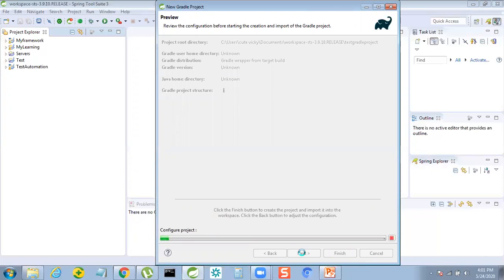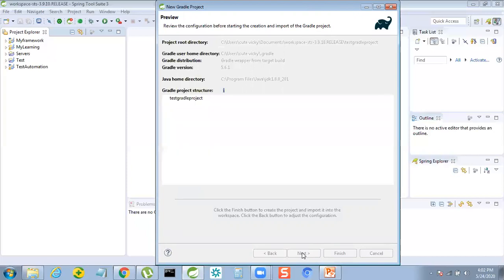It will take 1 to 2 minutes. Okay, so now click on finish.